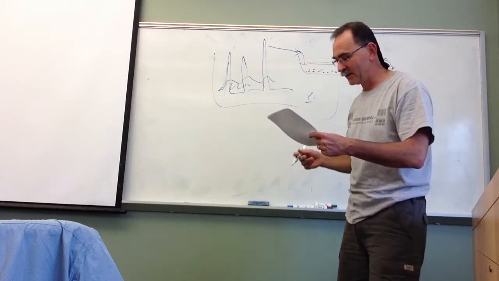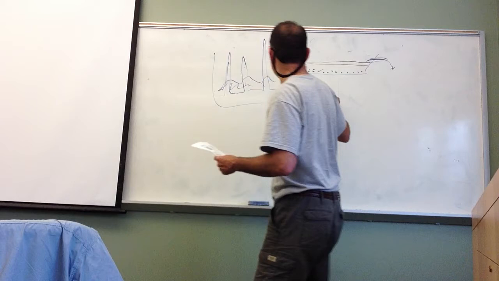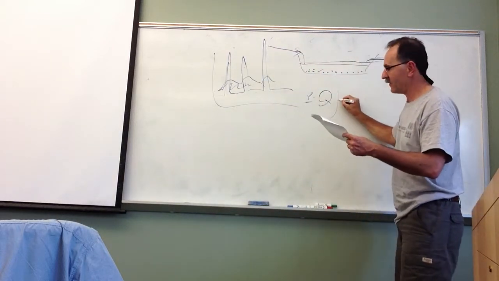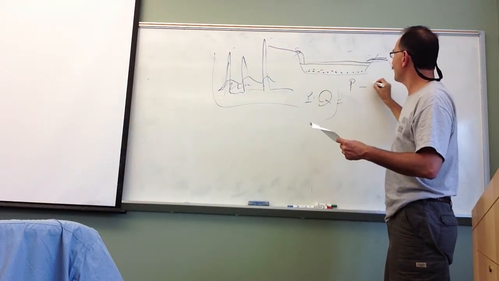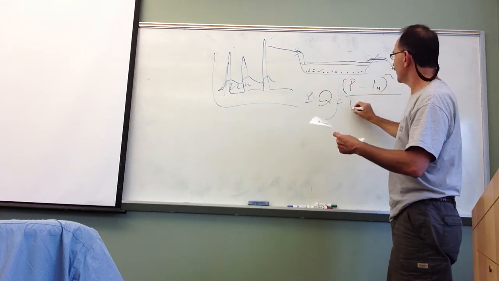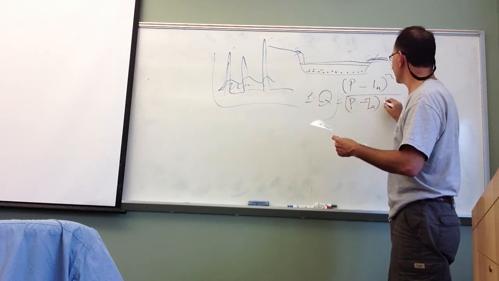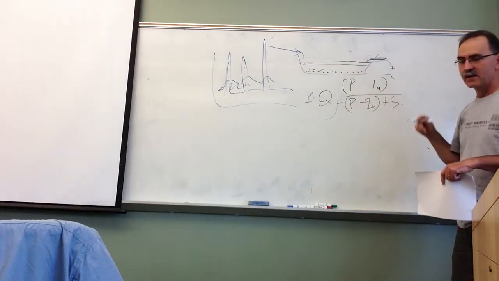And if you remember the runoff equation, the SCS runoff curve number: Q equals (P minus Ia) squared, over (P minus Ia plus S). So the initial